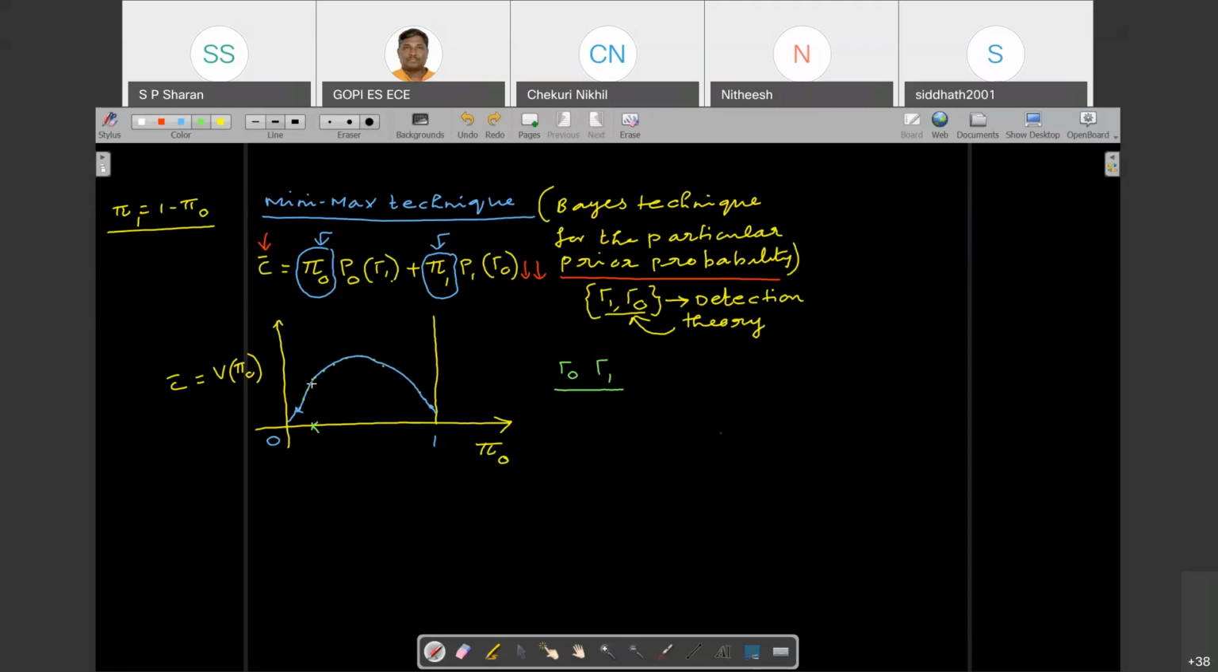So in this expression, your k is nothing but p naught of gamma 1 cost. So what you are seeing on the slide,